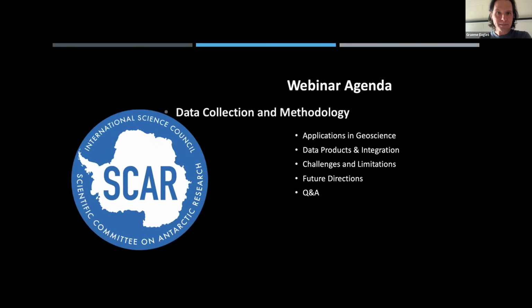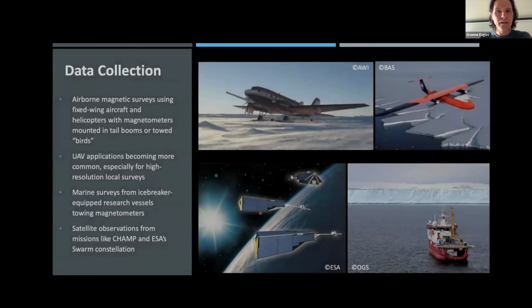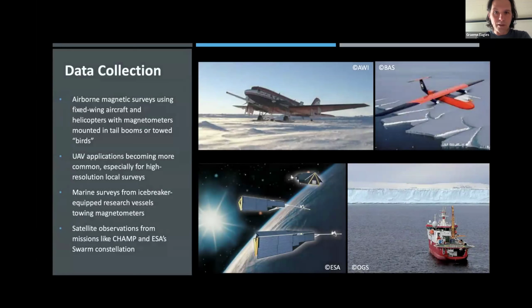So back to the agenda. A few words now about the collection of magnetic anomaly data in Antarctica, and how then we go about putting those data together into compilations that can be used by the community. So primarily we're talking about near surface data, but also these satellites, so the very high altitude data collection plays a role as well. So by near surface, I mean aircraft, manned and unmanned, and ships,